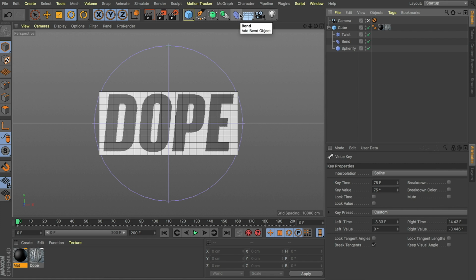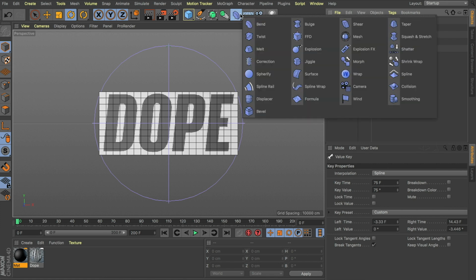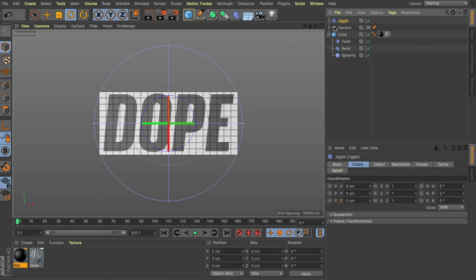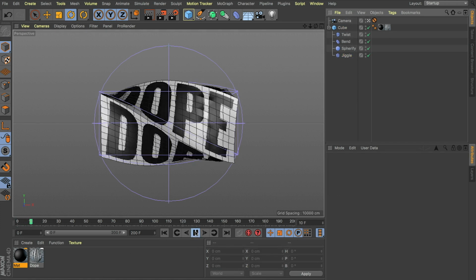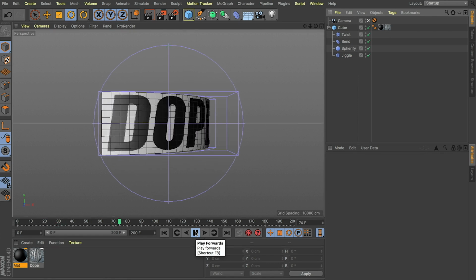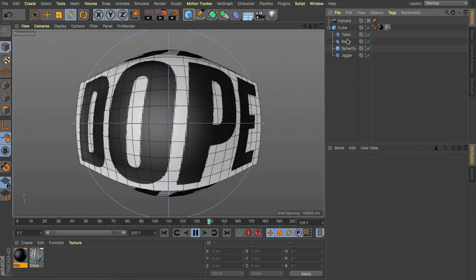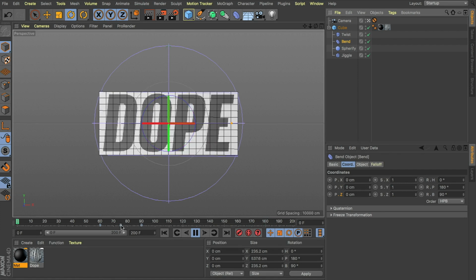The best way to do that is grab one of these jiggle deformers. Let's grab that, and we'll again throw that beneath our Spherify as a child to our cube. Let's hit play now and see what we get. We're getting all this great jiggle for free. Might grab that bend. I don't think that looked quite as nice with the jiggle.